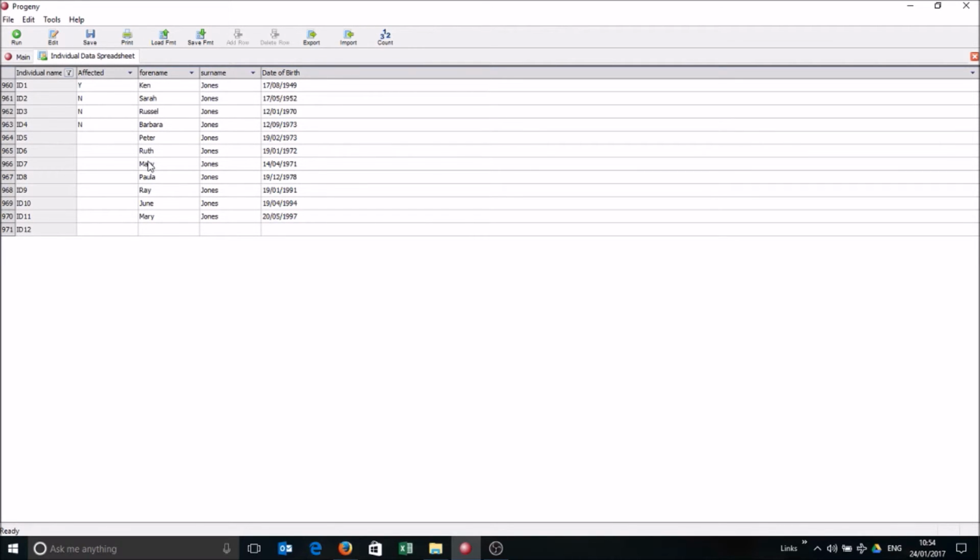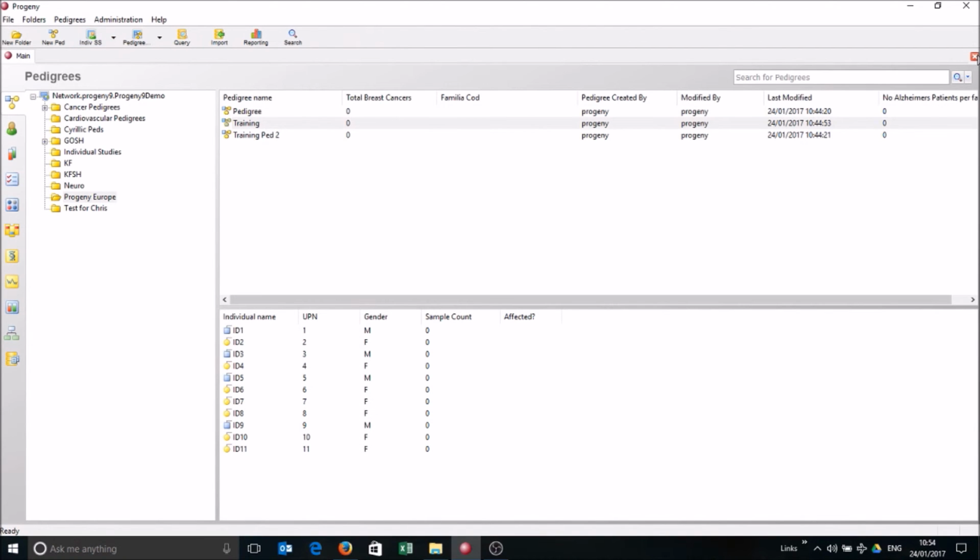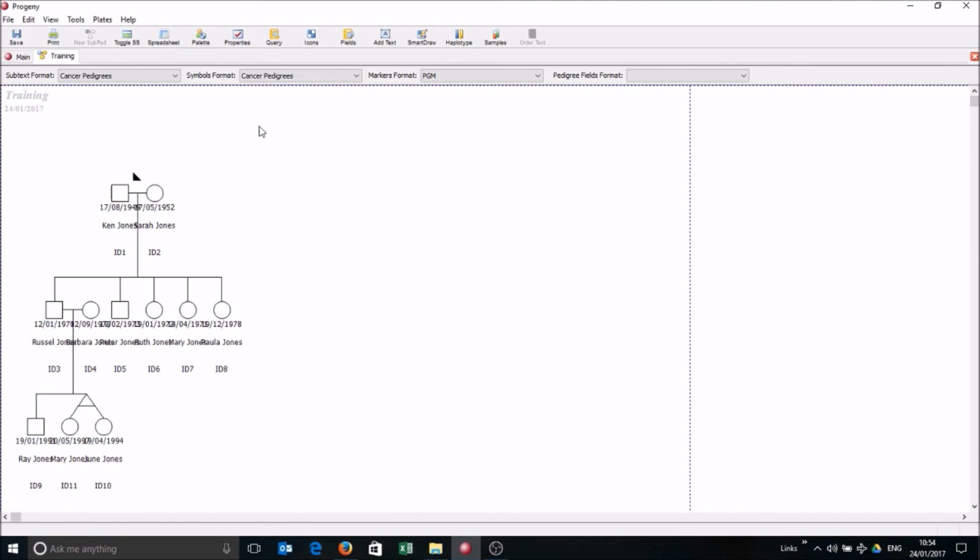At this point in the client version, this data hasn't been saved. So if I've made a real mistake, it doesn't match, doesn't look good, I can just wipe this out and ignore it. However, it looks great. I'm going to click save. I close the spreadsheet and I'm now going to go back to that pedigree, open it up, and